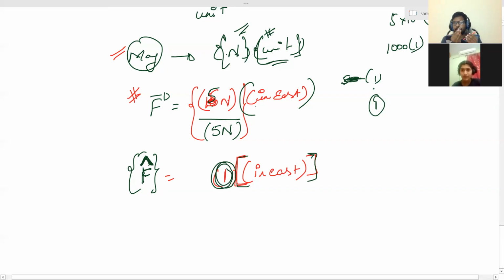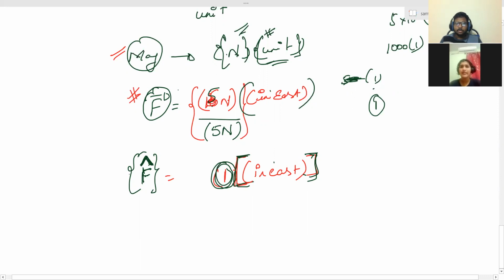So now, suppose this is one cap, okay? For example, I can keep this red pen also, or this blue pen also, any pen I can change, but this is one cap, right? Like that, this F cap will give you information about a unit vector. Very important, understand it. In any direction. This is F direction in the east. F vector is going in the east.